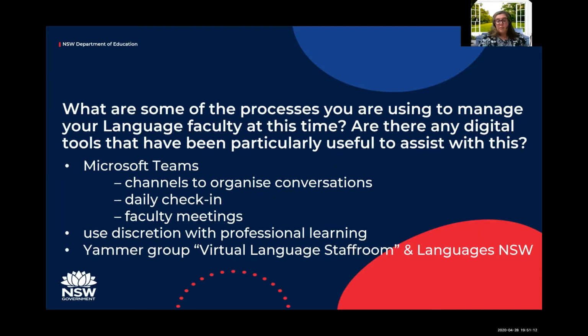And I've asked my staff to be mindful about what they choose, how much time they spend, because there's just so much. I've asked them to be picky and choosy about which ones they do. The ones that have been produced by the languages and cultures team have been really good. They're quite specific to languages. Some teachers might really like to do that professional learning, but I think there's an overload at some point, and I've asked them to be mindful of how much they're